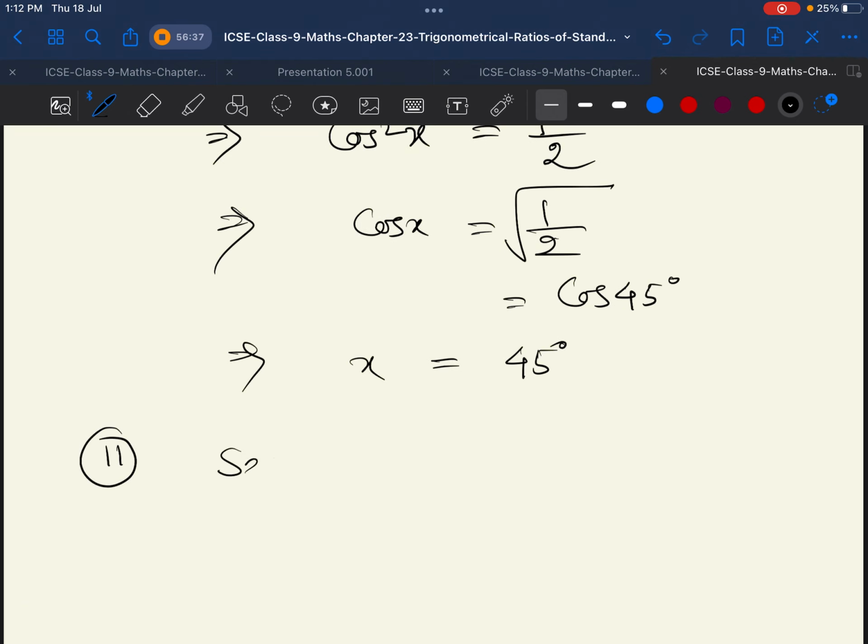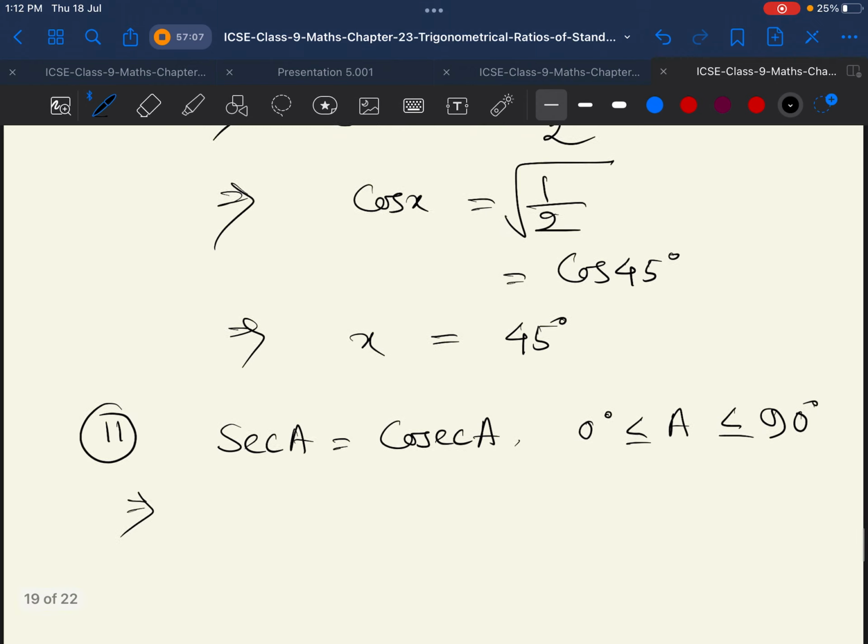Sec A equals cosec A, and 0 degree is less than or equal to A, which is less than or equal to 90 degree. So the range of the value of angle A is 0 to 90. Okay,